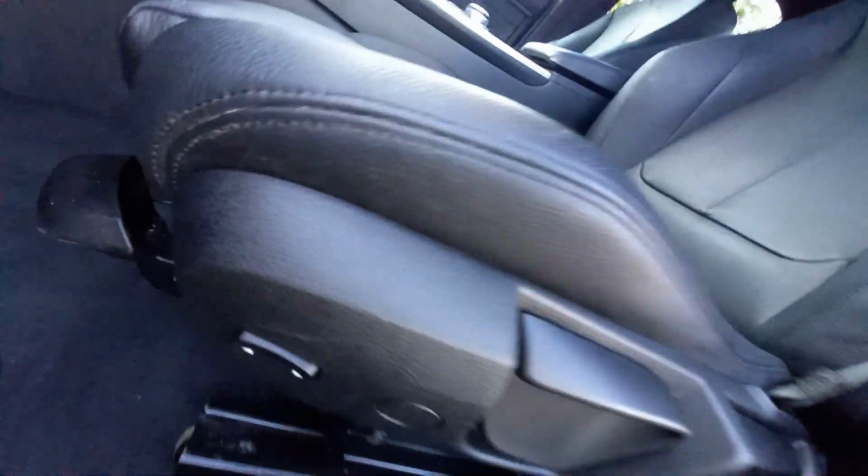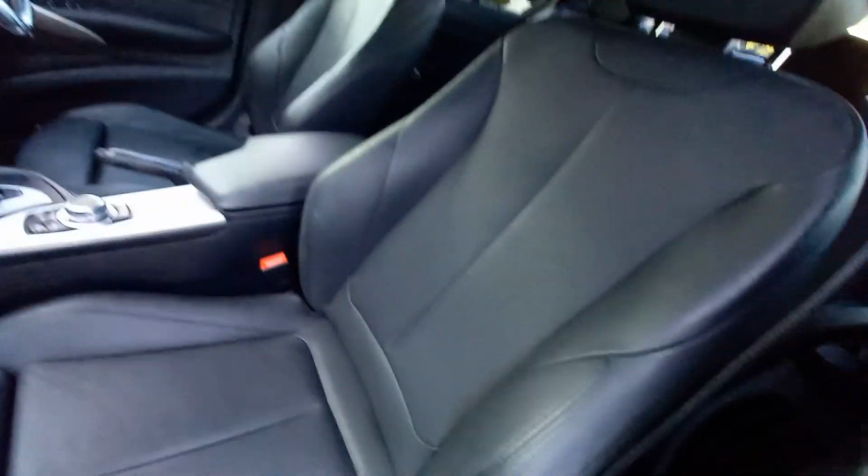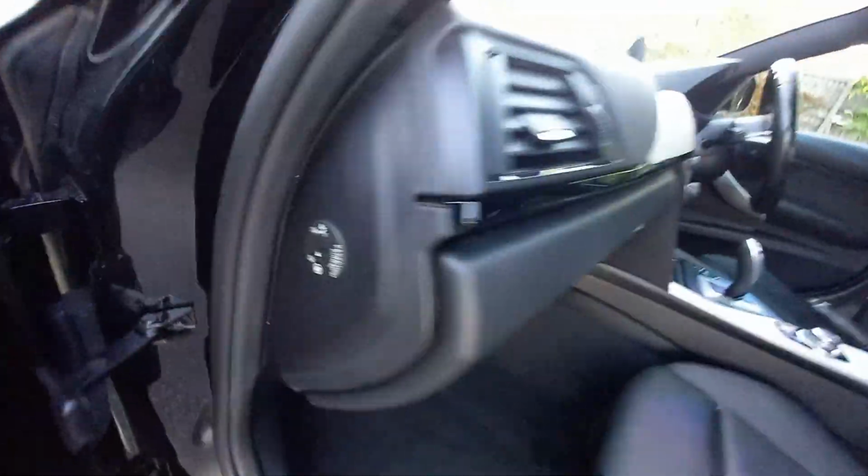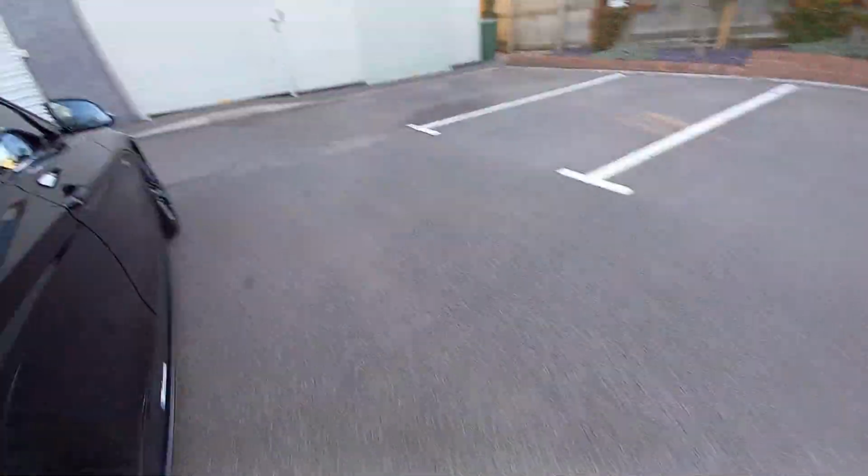The leather seats, the sport seats with an extendable front bar, seat height adjustment, and electric lumbar, should we say? Is it lumbar? Electric lumbar. And then we've got the airbag on and off there, and we've got this, like I said, checkered aluminium design garnish. Let's go to the driver's side. To the driver's side here,